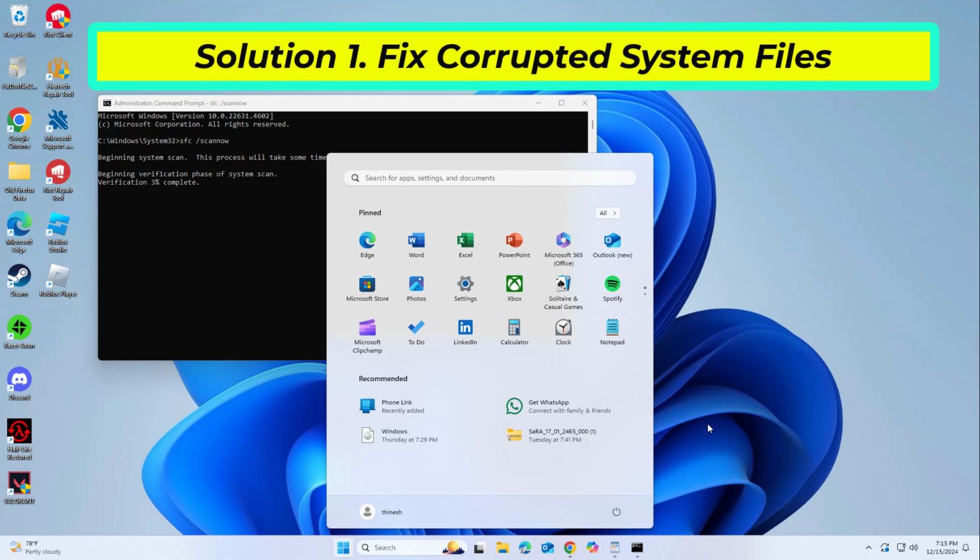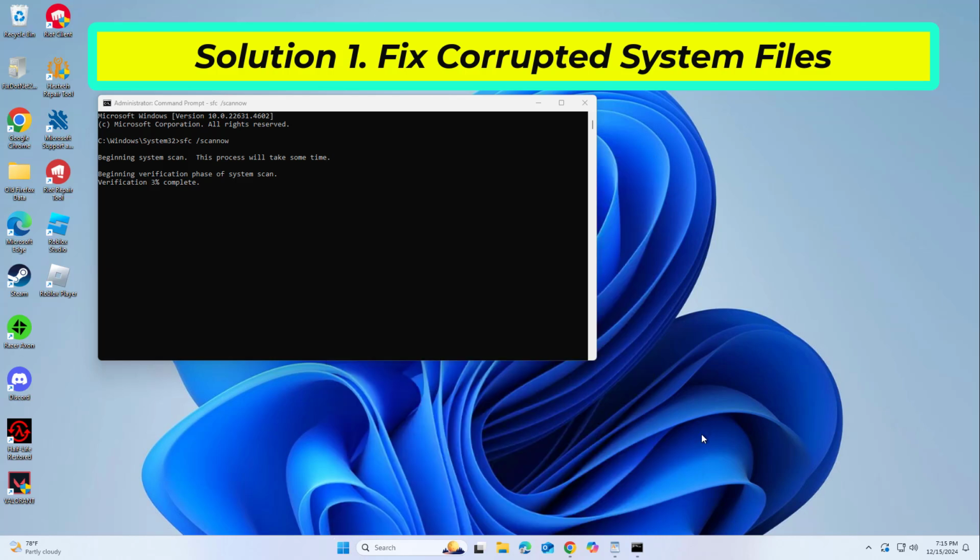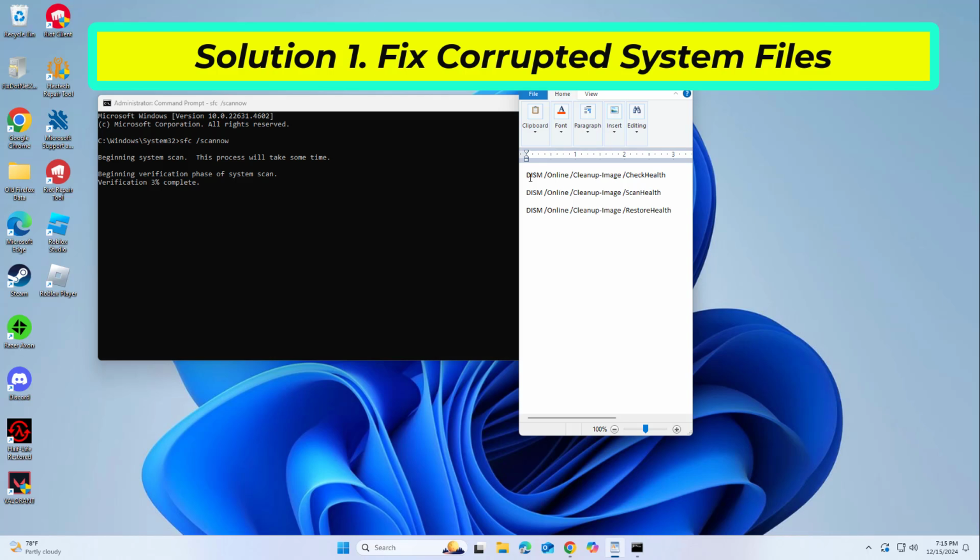Reboot your system. If SFC returned an error, then use the following command lines, pressing Enter after each. If that didn't work,